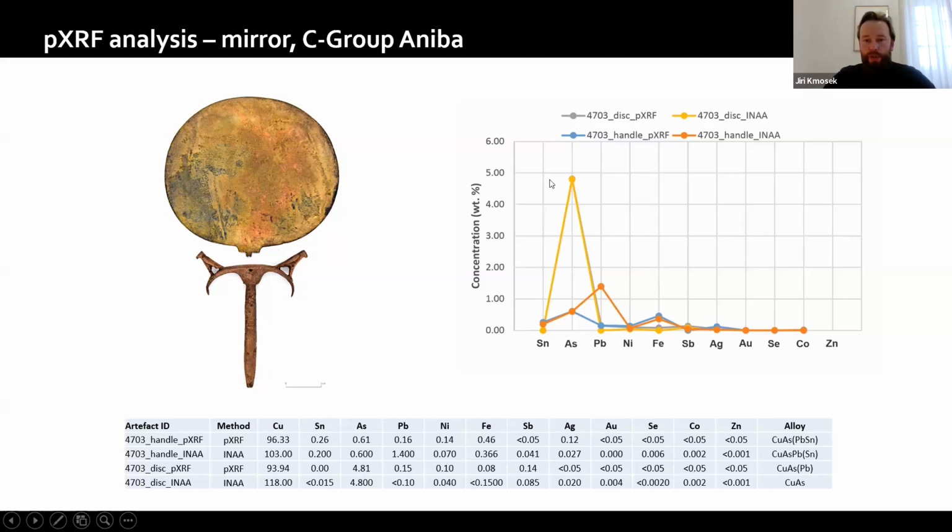We have very great correlation in arsenic content in both sampling and analyzing spots, but what's different is the measured content of lead from the sampled mirror handle. There was measured more than 1% of lead, and on the surface was analyzed only a little lead. With lead, we usually have a big problem because, as I showed before, the lead is creating some